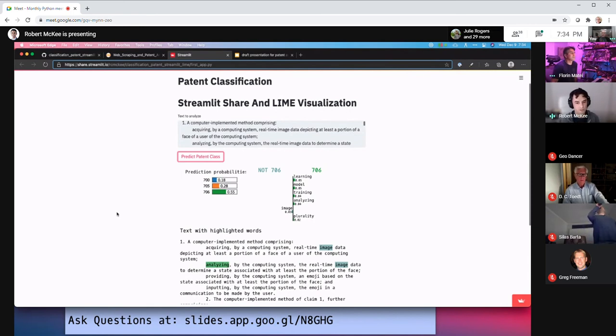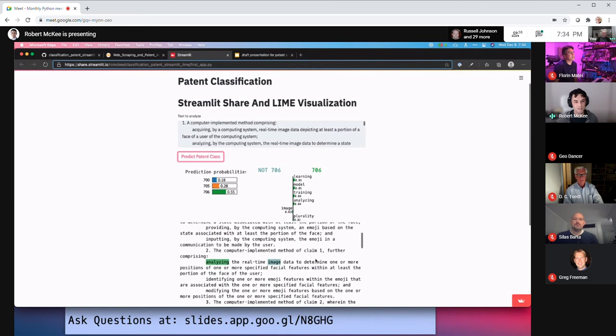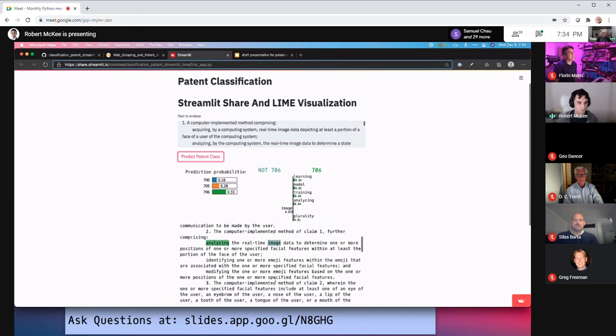Visualizing it with the original document, I found, is extremely useful for a lot of people, especially lawyers, because the confusion matrix is just confusing. But the line visualization shows you the important words that it was using to determine if it was more in this class or more in that class. And so as you're reading it, you can kind of go through and see, okay, it's these certain words.